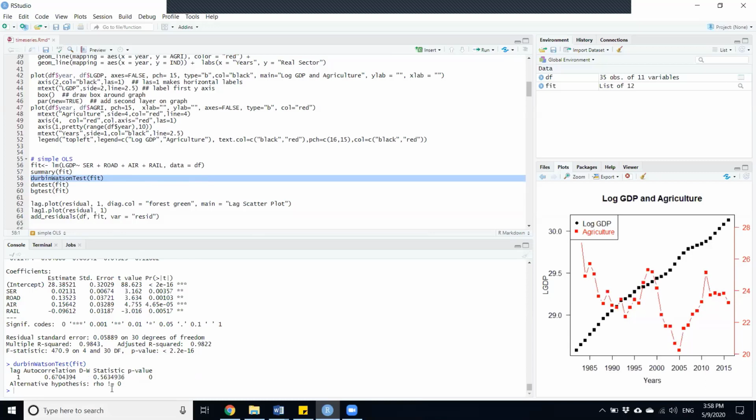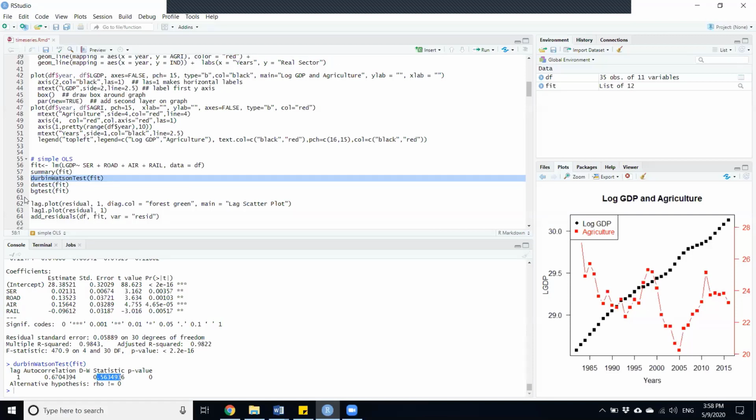The alternative hypothesis is that rho, the lag effect of the residual, is not 0. So it means there is autocorrelation in the model. The Durbin-Watson test is significantly not 0, so there is an effect of past residuals on the present. So we can say that there is autocorrelation.